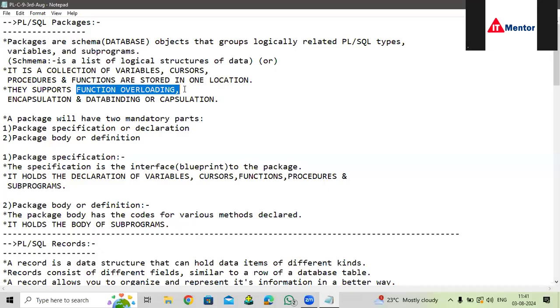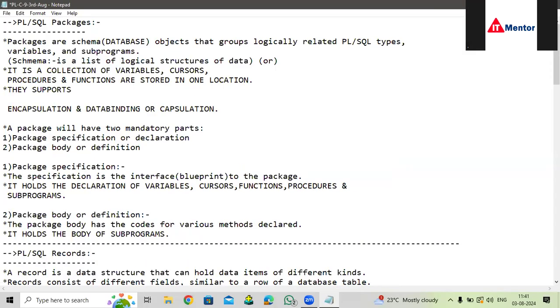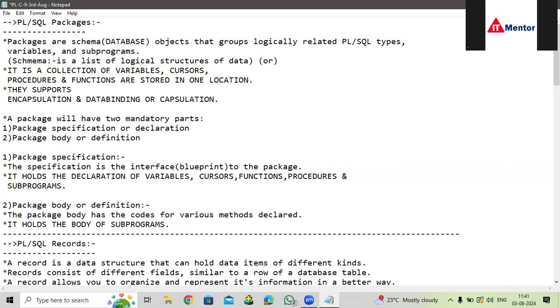Any idea what overloading is? Function overloading is nothing but,